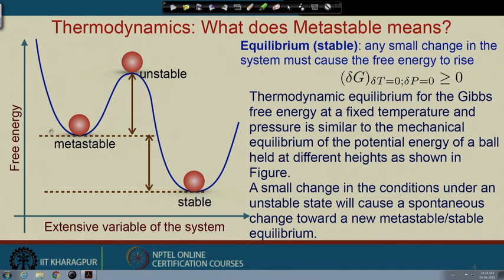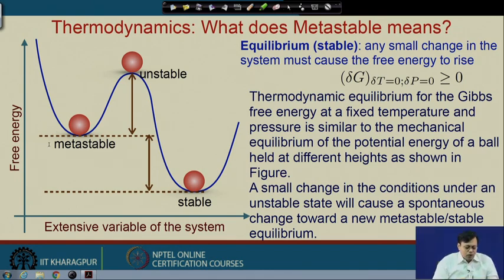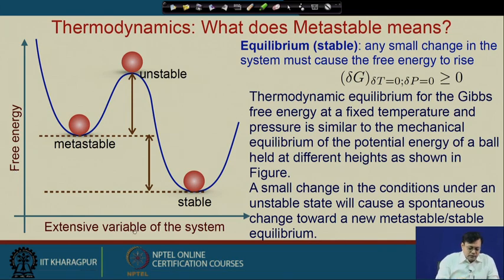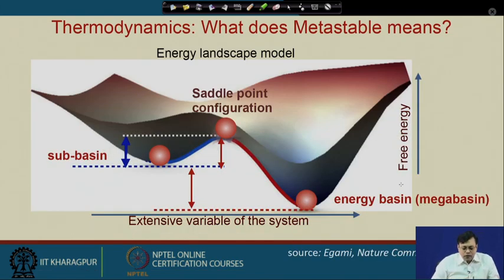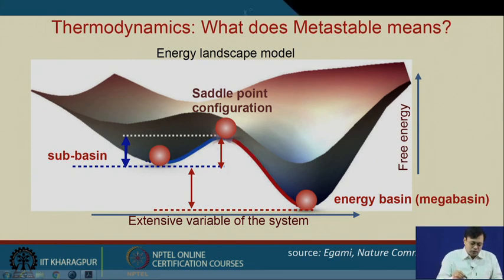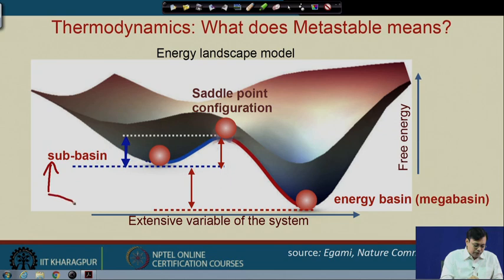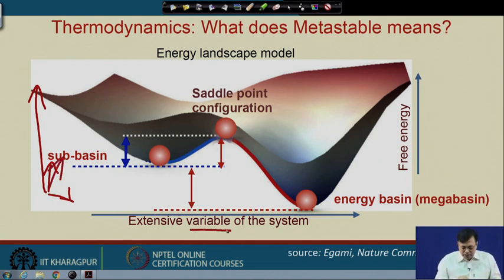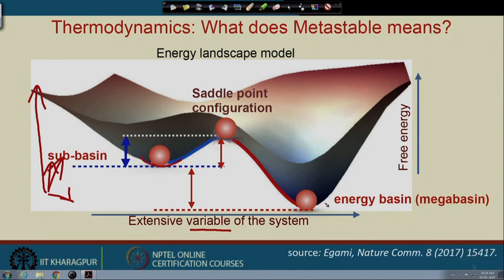Let us try to understand the matter a bit more in detail. Here you see a two-dimensional plot with free energy versus the variables. In this plot, the same plot, however, we try to show you in 3 dimensions, where we can think about, let us say, 2 different variables along with the free energy. So, extensive variables we have plotted here, and these are often called a sub basin, or this is something like a mega basin in a system.